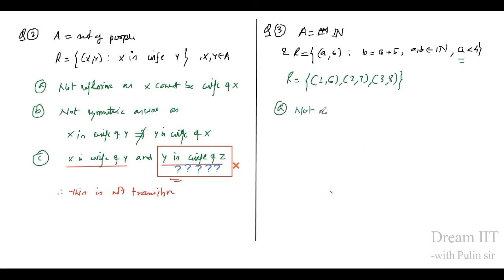Not reflexive, right? Very clearly, not reflexive, as you cannot say that (1,1), in fact (1,1), (2,2), (3,3), none is belonging, right? So it is obviously not. I am just giving one counter example that (1,1) is not belonging. Even if one pair is not belonging,